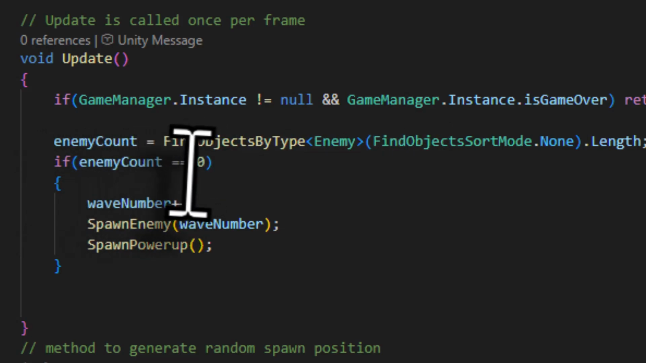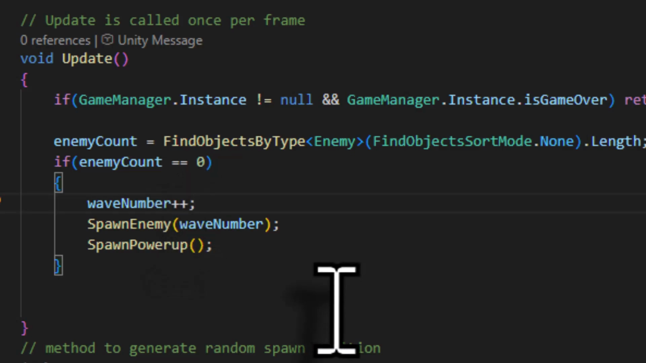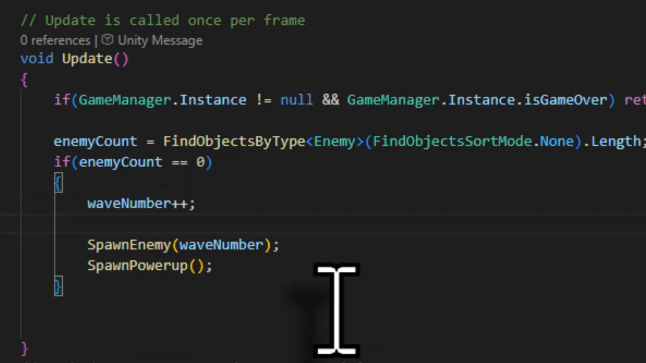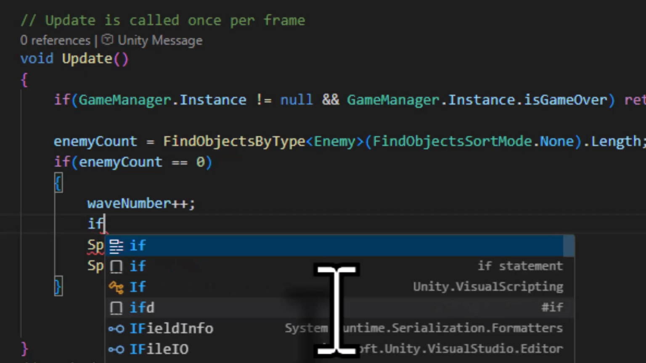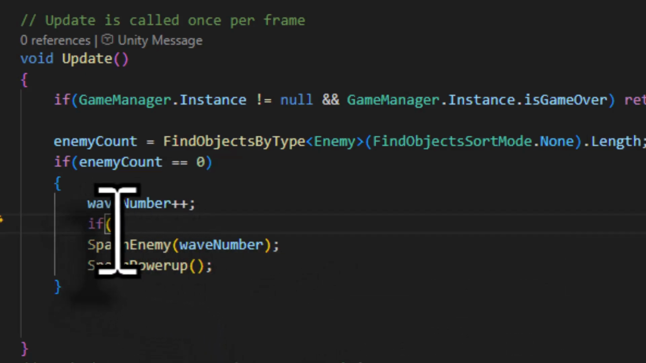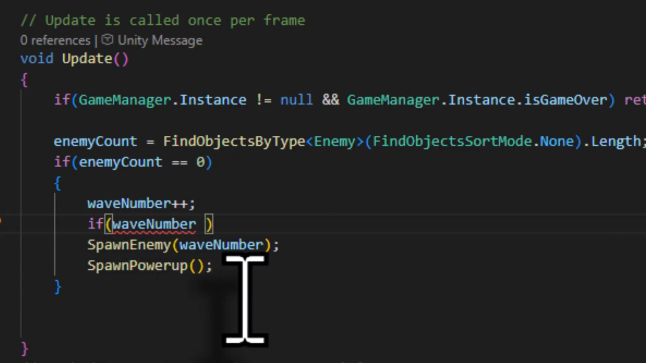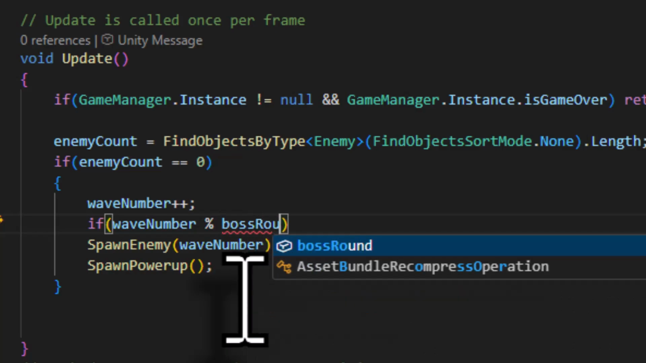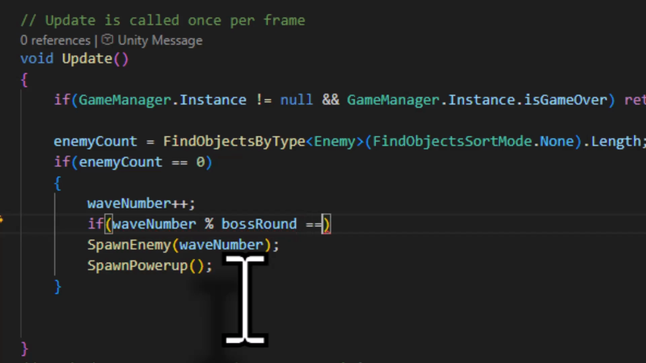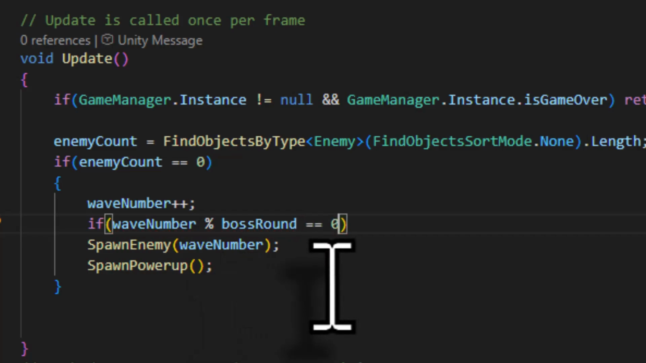So if enemy count is equal to 0, we incremented the wave number, and then here I will press enter and test a condition. I add an if with open close brackets, and inside this if, wave number with a modulus, which means I take the remainder of dividing wave number by boss round, and if this is equal to 0. Say, for example, I want the boss round to be spawned after every 2 rounds,